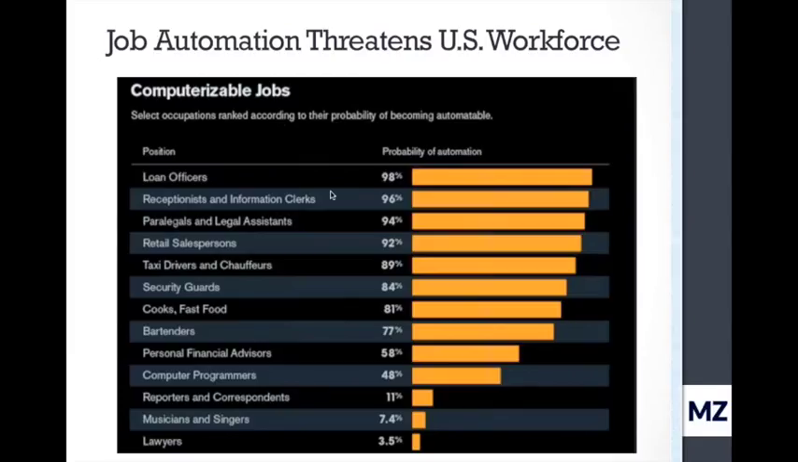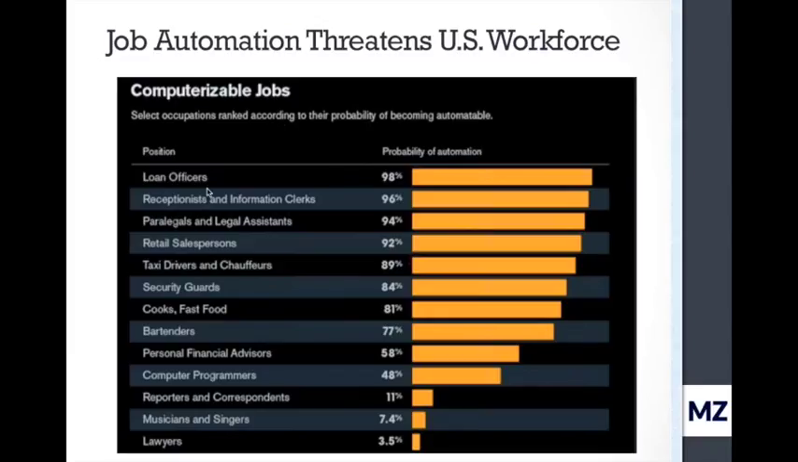Workforce will be, their jobs will become computerized or automated in the next several years. And specifically, they studied 702 jobs or careers in the United States. Now, of course, they're in England, so isn't it interesting that they're analyzing the United States? But what they found was